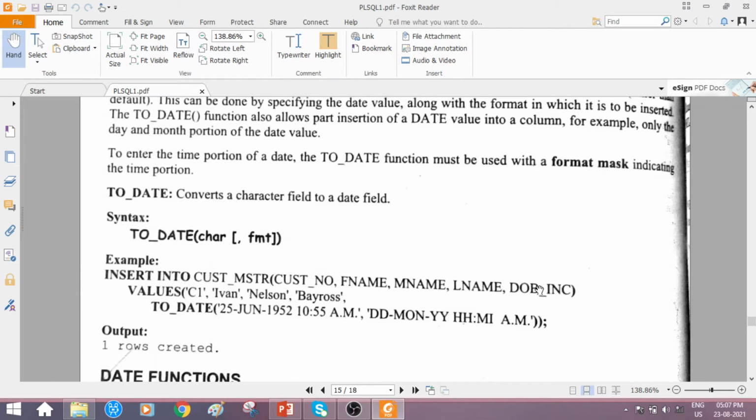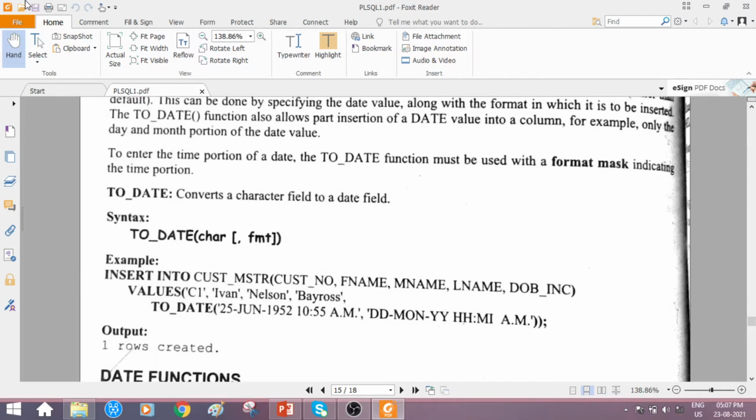Now we are inserting date of birth. Just check out here. Now it is a date value we are giving, so you are supposed to use the ToDate function only. So to underscore date after the comma, as it is a date value you are inserting, and again open parenthesis.